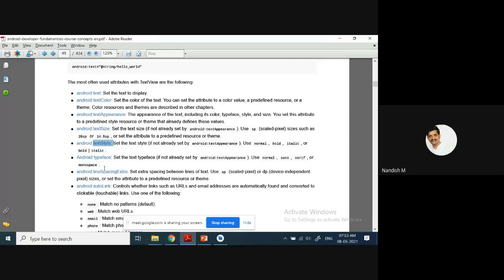The typeface is once again the style, the Times New Roman. In that way, you have so many other options: normal, sans, serif, or monospace. See, in Microsoft Word, we used to set Times New Roman. That is the one. Line spacing option you can set here. Then one more thing is,